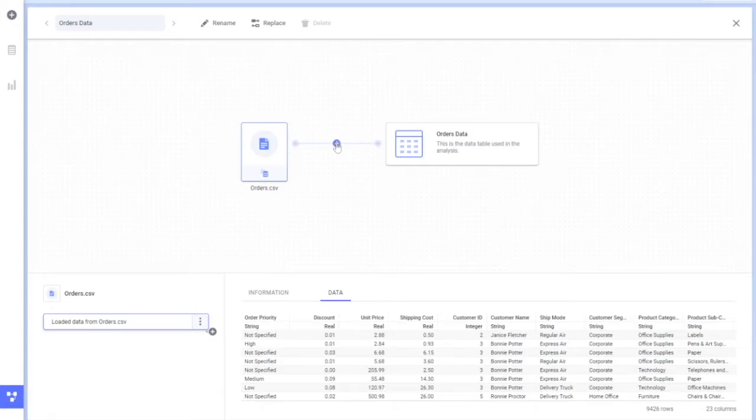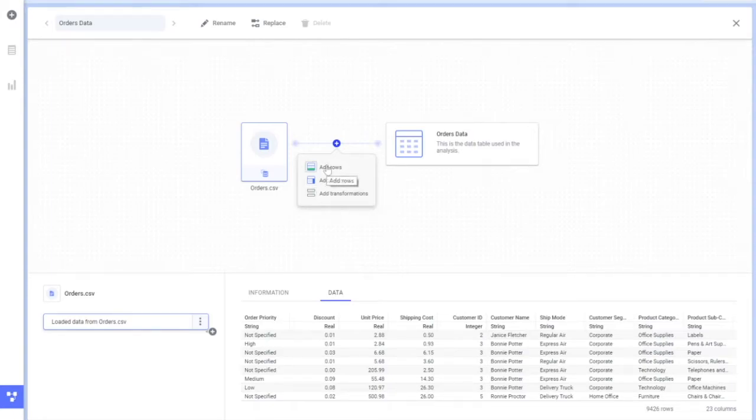So let's say I want to load this orders data. Now I have to load some extra information or extra tables, table 1, 2, 3 up to 10, 20, whatever number of tables you want to load. You can do all that here. If you see this plus icon, it allows me to do three options. One is add rows, which is nothing but the union of the data, add columns, which is nothing but the join of data, and add transformations, which means I can do a lot of transformations on my data.